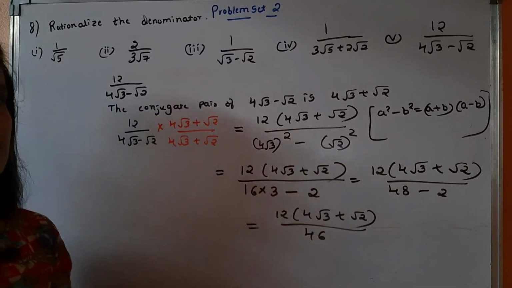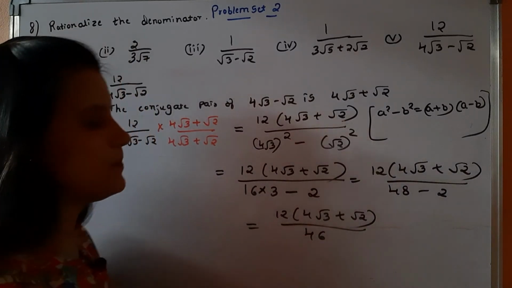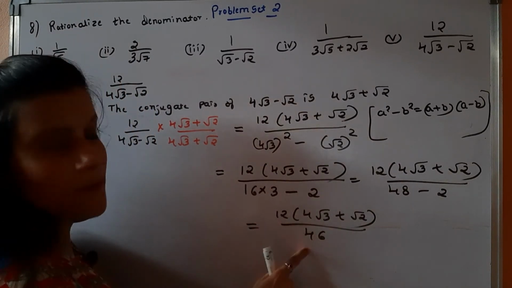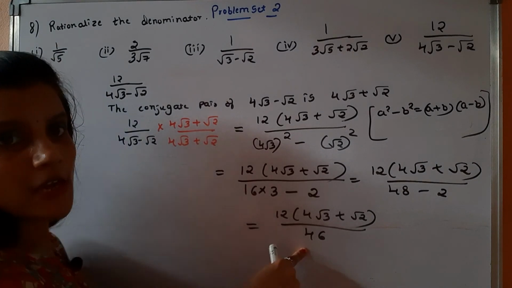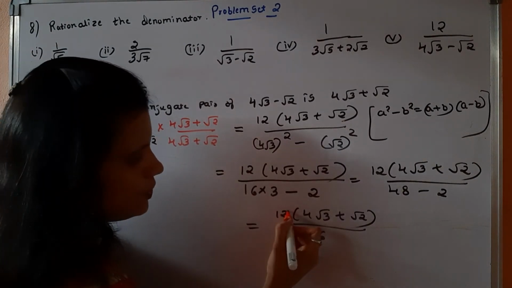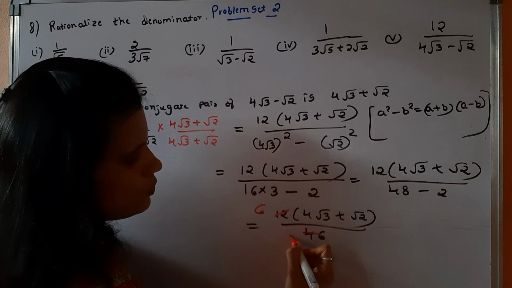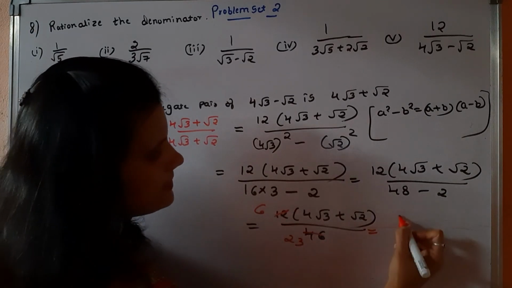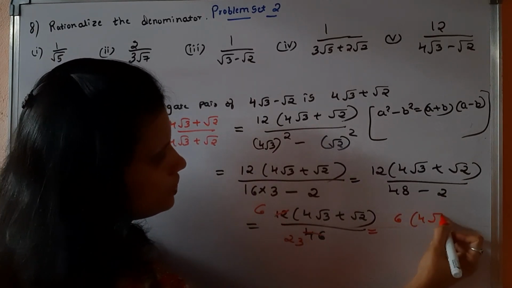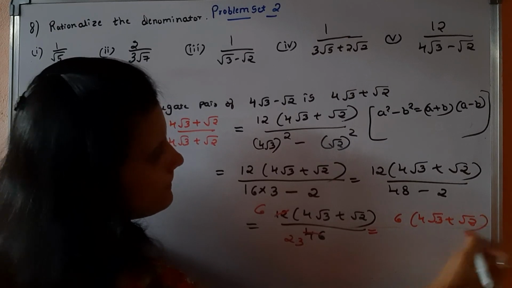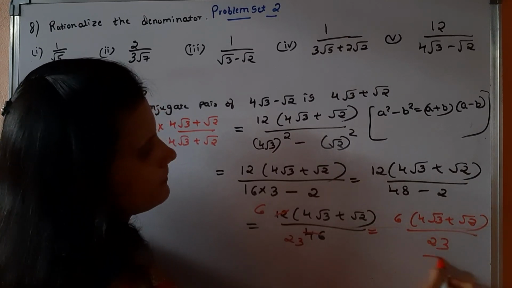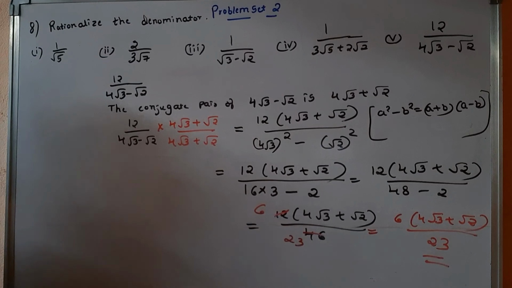Here, say still if we can simplify, we can simplify as it is going in the same table. कौन सा table में ये जा सकता है? So it will go in the 2's table, 2 6s are, 2 2s are 4, 2 3s are. So your final answer is 6 4 root 3 plus root 2 by 23. Fine. If you want, please take a snapshot.